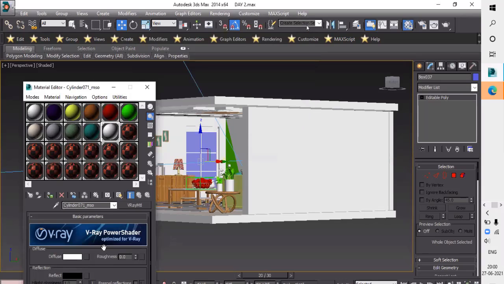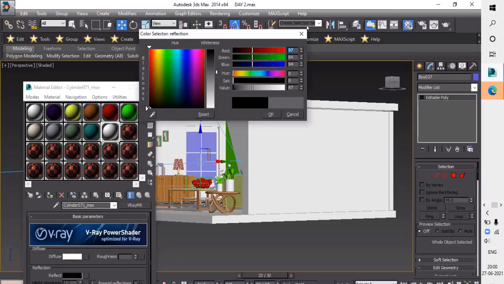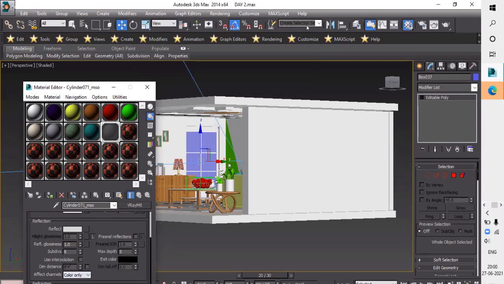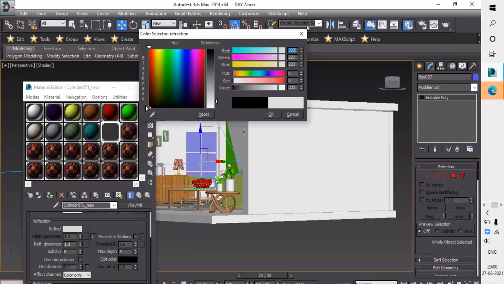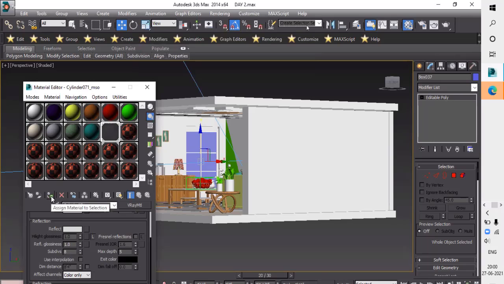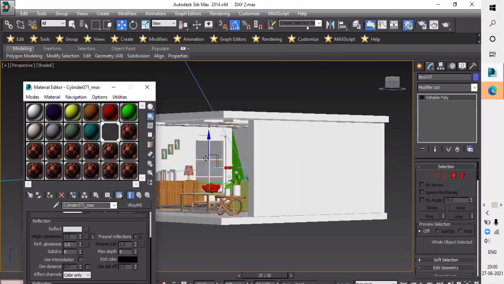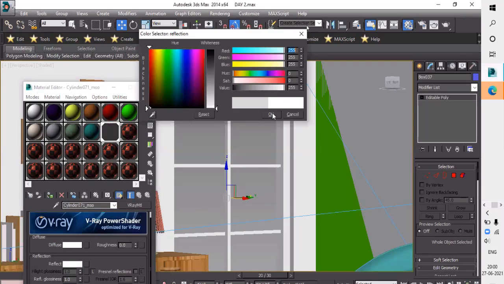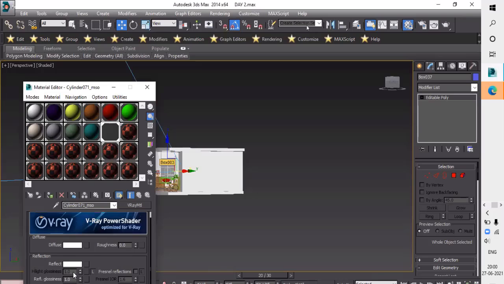Next, increase the reflection like that and increase the refraction. Okay, and apply the material. Are you seeing there? This will change in the box. If you're not satisfied with that, change the color.